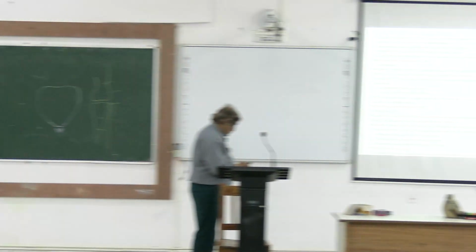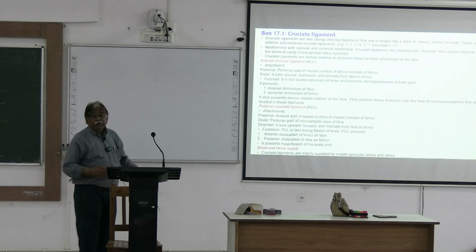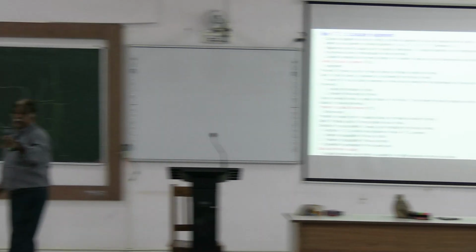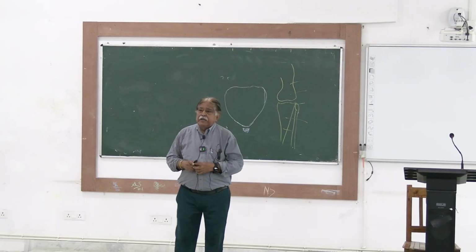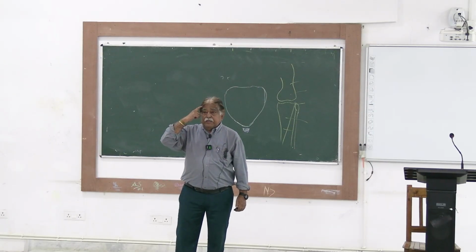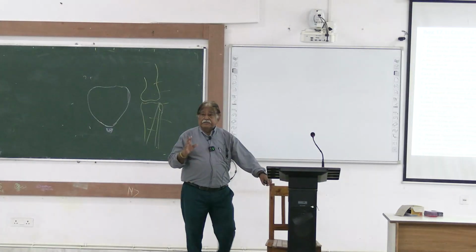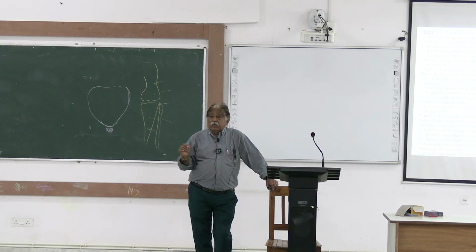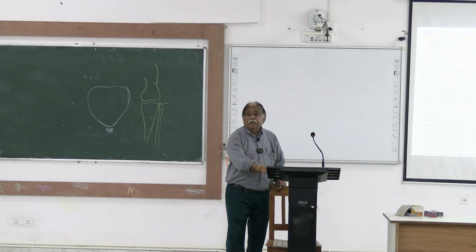Now, the posterior cruciate ligament, PCL, attachments. Anyway, if you are in a hurry and you are drawing a picture of the knee joint, you can just write ACL, PCL. Okay, to memorize, you use ACL, PCL. I'm not against it, but if you have the time, then you go for the full form. If you don't have the time, ACL, PCL, you just write. Your examiner will understand. But don't leave any page blank.